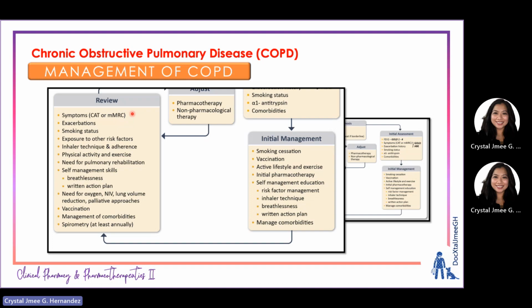That's why the role of the pharmacist is very vital, especially the teaching and communication to patients in COPD. Physical activity and exercise, need for pulmonary rehabilitation, self-management skills, need for oxygen, management of comorbidities, and of course,